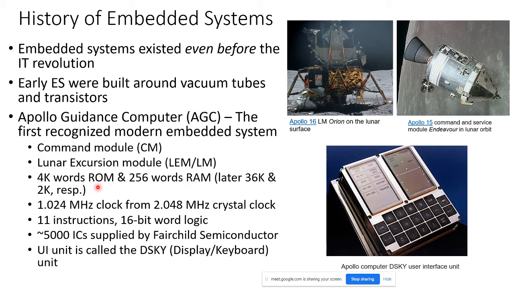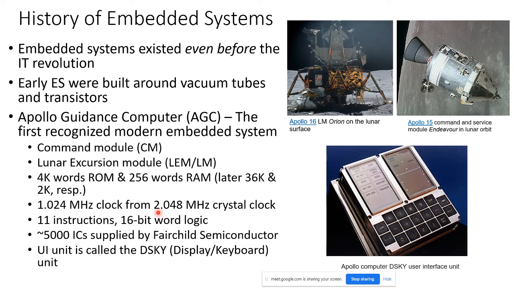ROM is your fixed memory. It's a read-only memory. You cannot alter it. And your RAM is the erasable part, so it's a programmable memory here. So you can see how small it is. Later it was upgraded to 36K and 2K respectively. So that's the size of your memory there. You can compare this: this is 2K, and now even 2 GB of RAM is a very small number these days. And then coming to the frequency, it operated at a huge 1 megahertz clock,